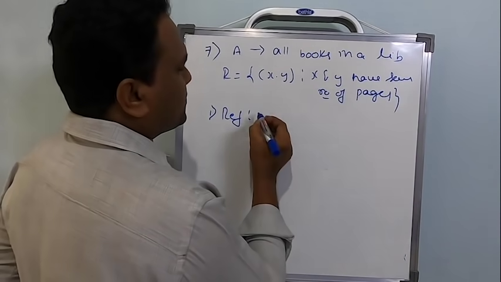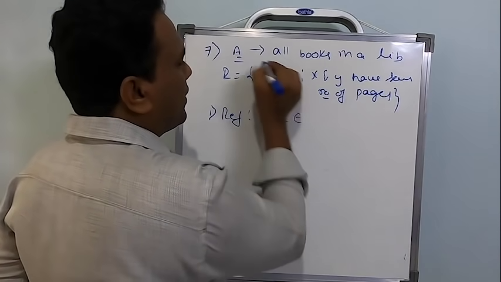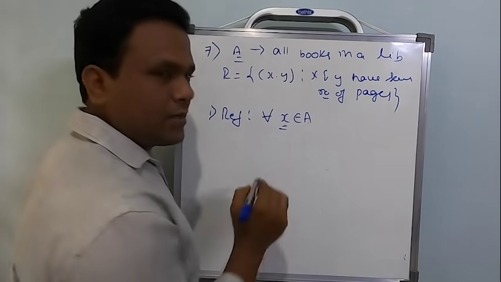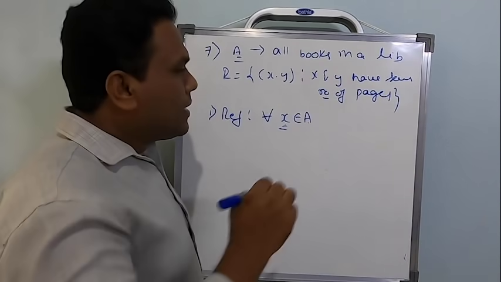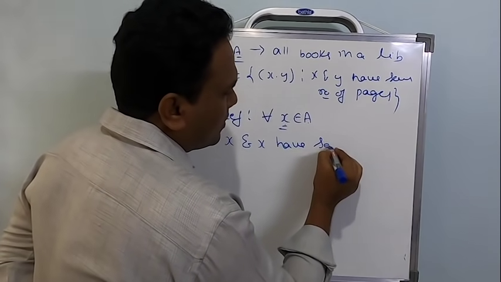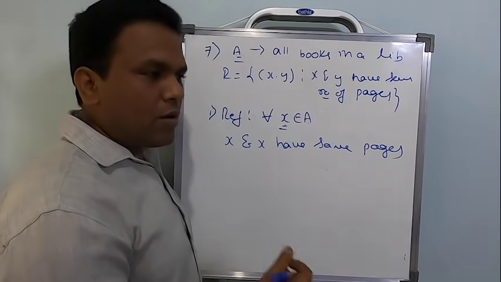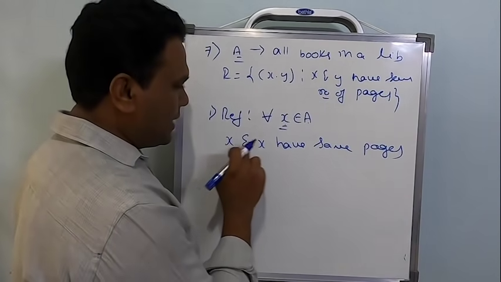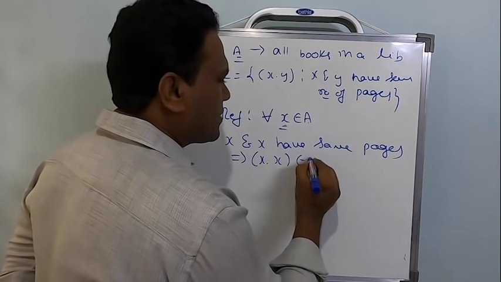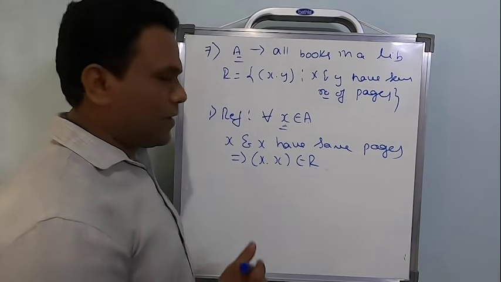Okay, now let's discuss reflexive. Reflexive says I have to start with, for every element x, from where? From the given set. What is the given set? The set of all books. What is x? Any book from the library. Now can I say that x and x have the same pages? Is it possible to say a book and repeat the same? Fine, these two will have the same number of pages. So this certainly says that the ordered pair (x, x) belongs to the relation. Hence R is going to be reflexive.